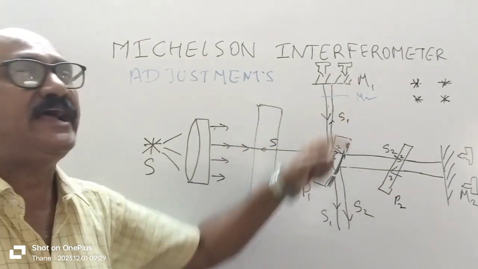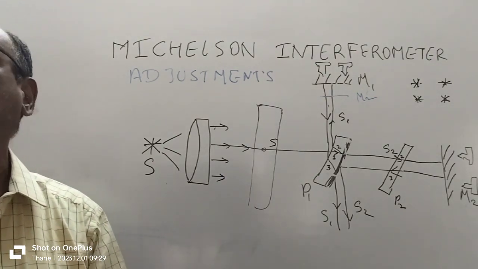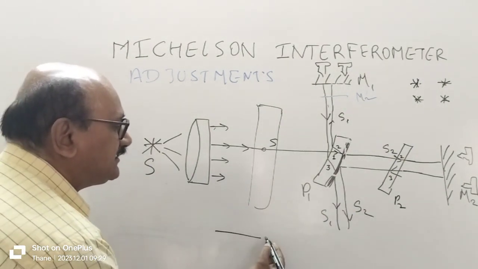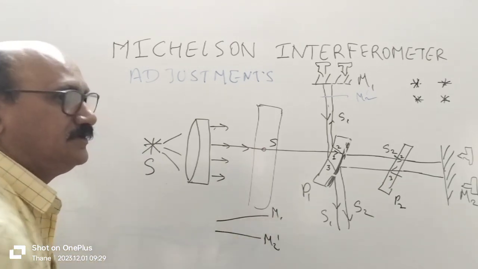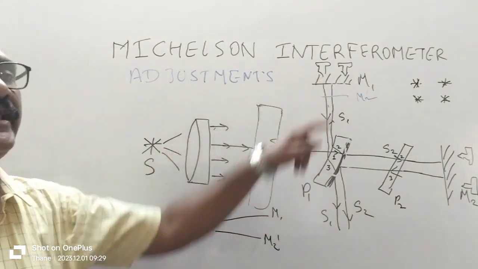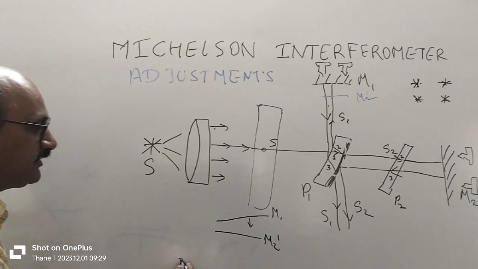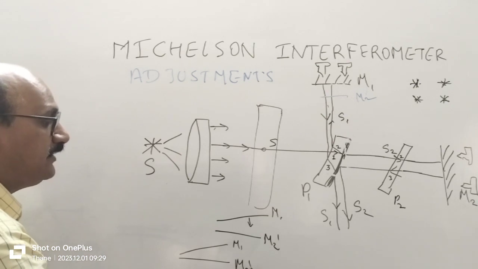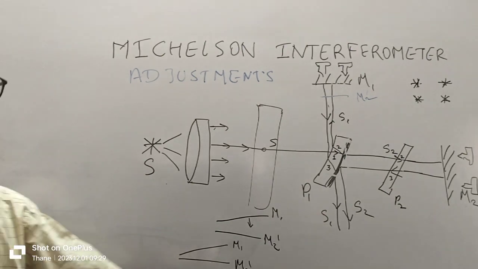Now this M1 and M2 dash, although it is expected that they should be exactly parallel, there might be some angle between the two. M1 or M2 might be slightly tilted, and you may get the images like this: M2 dash like this, and M1 may be like this. Now once you start rotating the screw near the telescope and move the mirror M1, this mirror M1 will move towards M2 dash. What will happen at one particular point? M1 will come very close to M2 dash and it will form a wedge-shaped film pattern. And here you will start to get the interference pattern in the telescope.